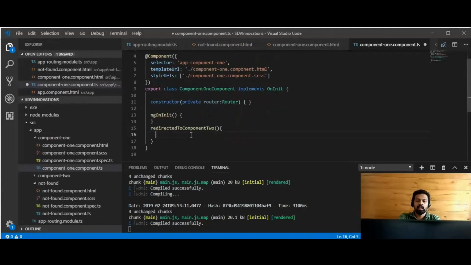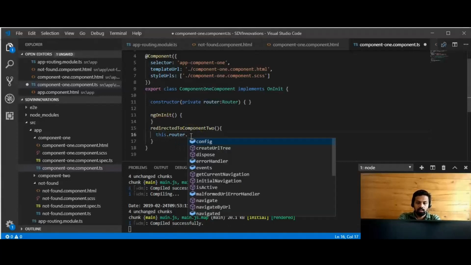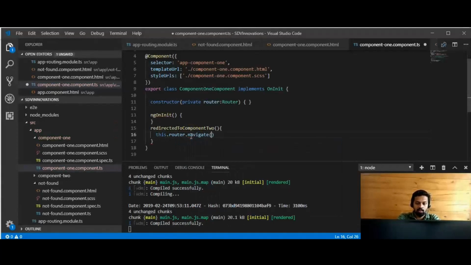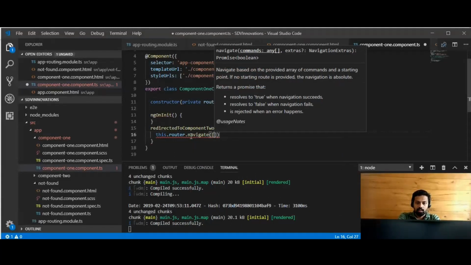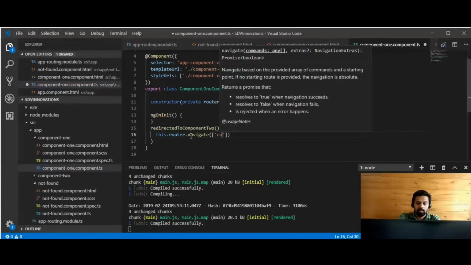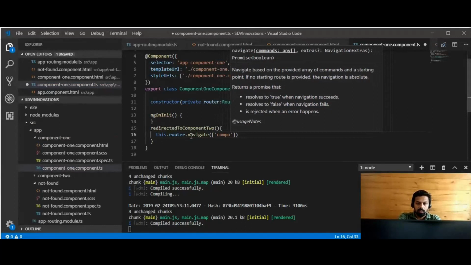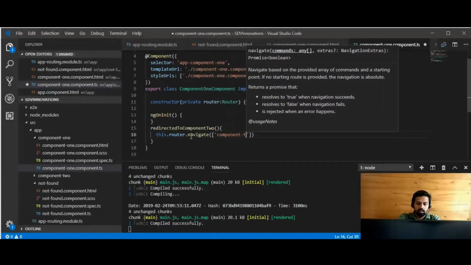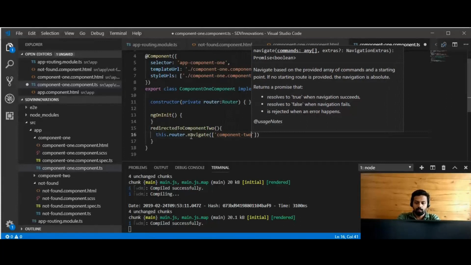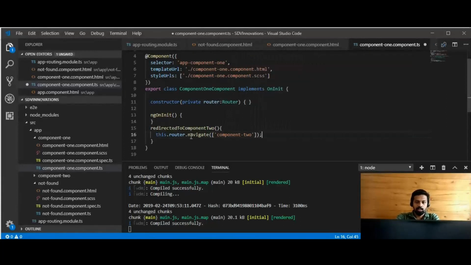We need to redirect from component 1 to component 2 by the function redirectToComponent2, by this.router.navigate of the function, of the path name, and the path name is component-2. Put semicolon,